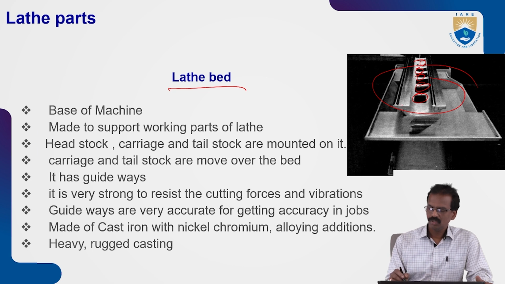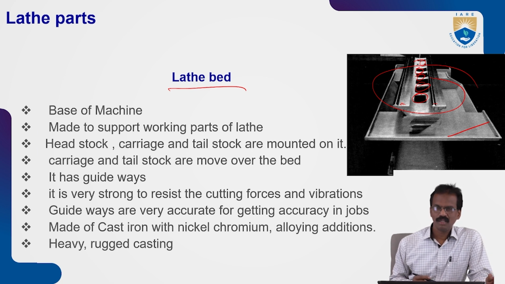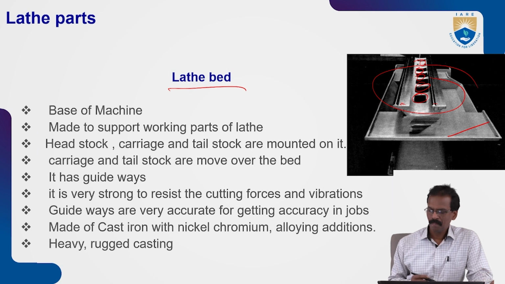This one is the tray which is used to collect the chips and to place some important tools which are used to perform the different operations, like drill bits or some spanners also,